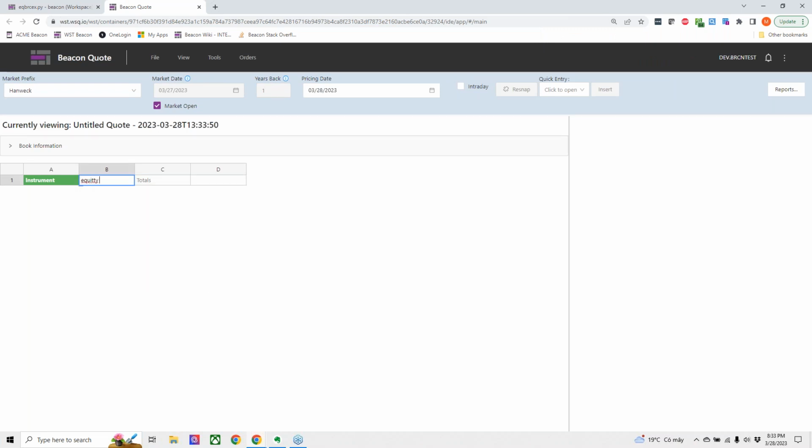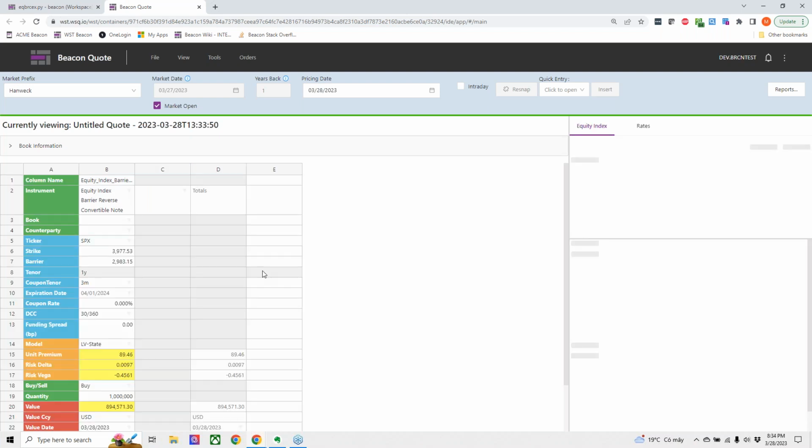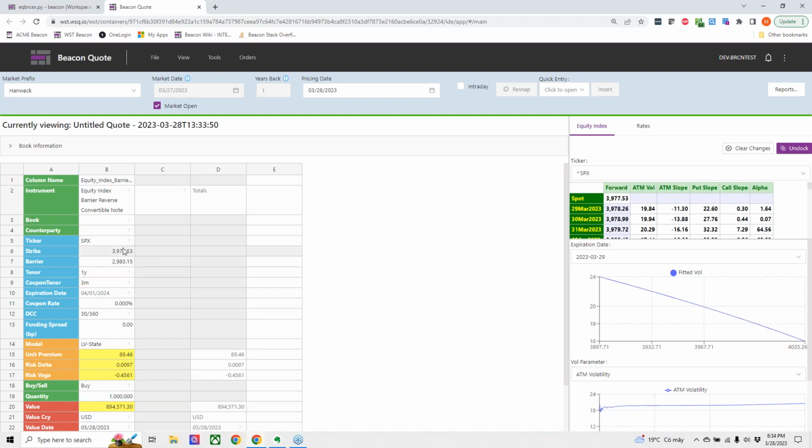I can say I want to do an equity index barrier reverse convertible note in this column B. I can add different columns for all sorts of different kinds of instruments. So here it's dynamically loading up the class, and now I can structure one of these. I can choose which ticker it is. Say I make the strike 4,000 and the barrier level 3,000 or something like that. A 1-year note with quarterly coupons. Maybe I want a 40 basis point funding spread, so I can type that in. Right now I've put in a coupon price of like 9% or something. And it says, in that case, the unit premium on this is going to be $97.69